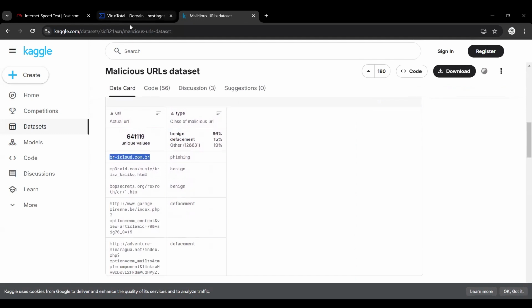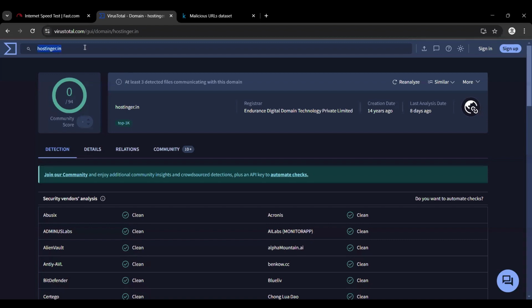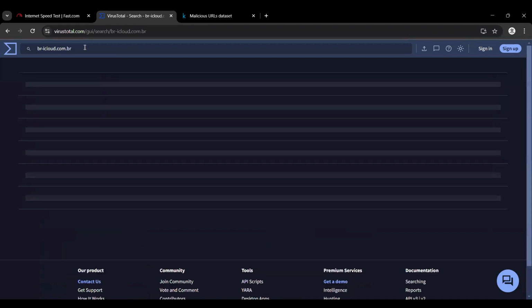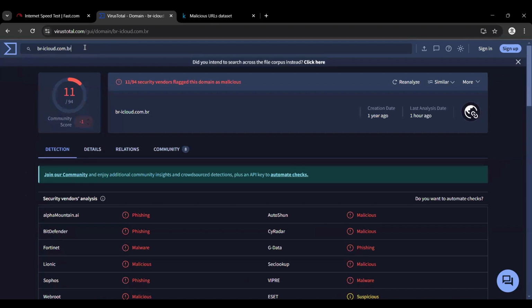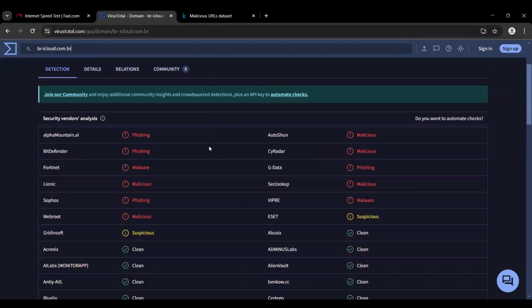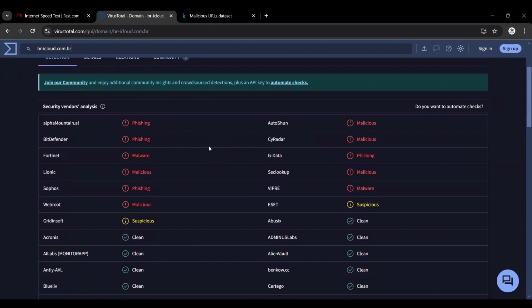I just wanted to copy this and paste it here. It is saying that 11 vendors have reported that it is related to phishing, malicious, malware, suspicious, different